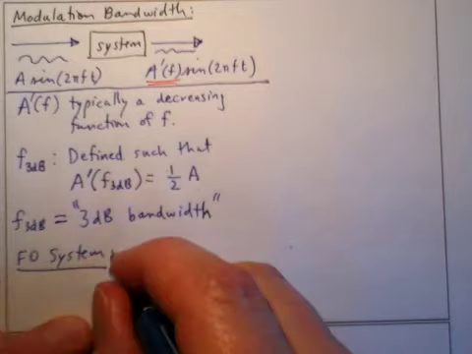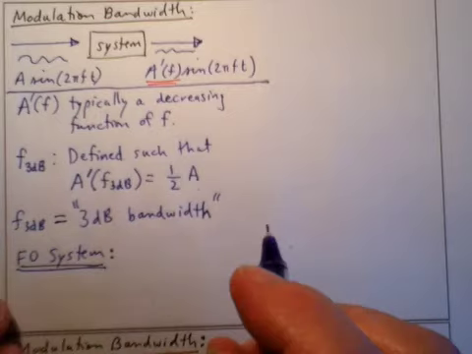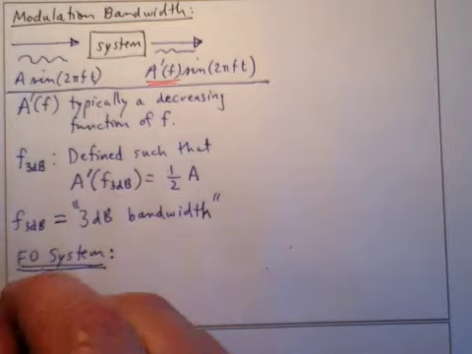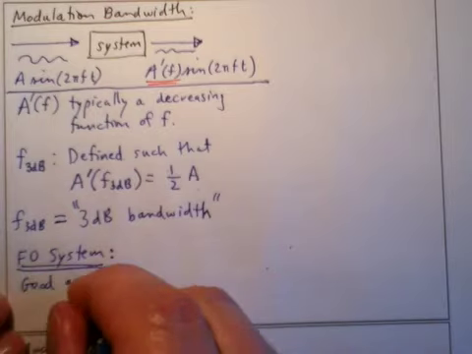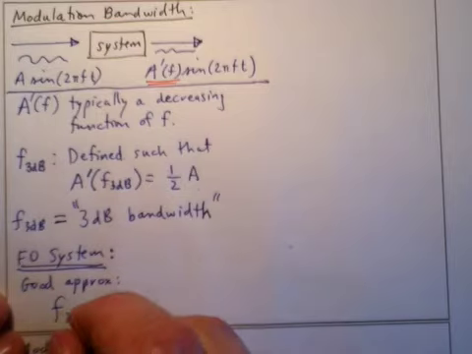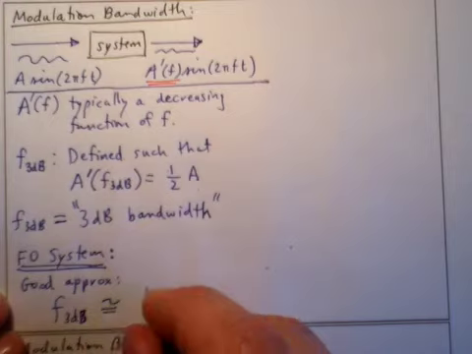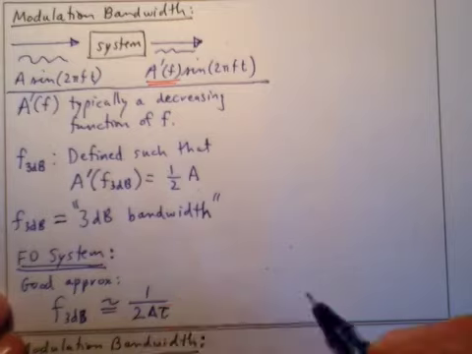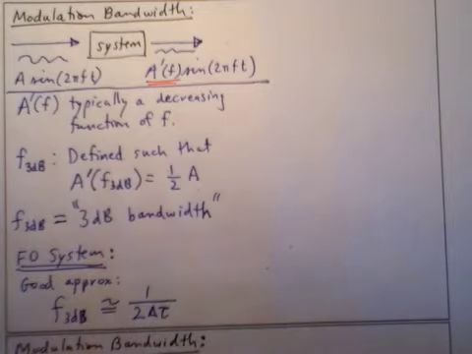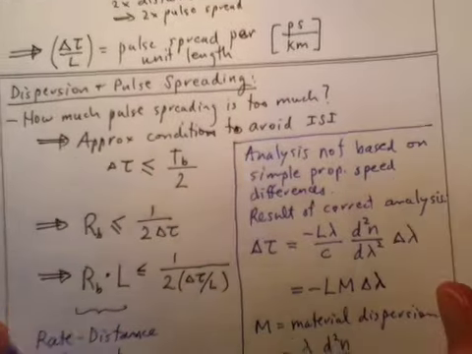We do have a fundamental pulse spreading phenomenon occurring, and a good approximation is that the F3dB is approximately equal to 1 over 2 delta tau. Okay, that certainly is reminiscent of what we did here in our dispersion and pulse spreading slide, where we said